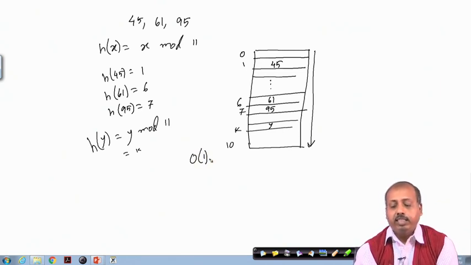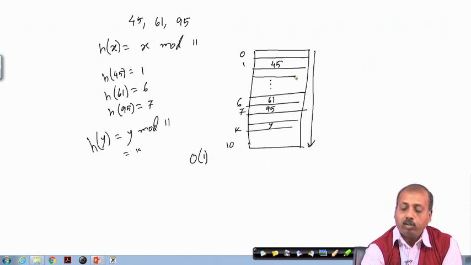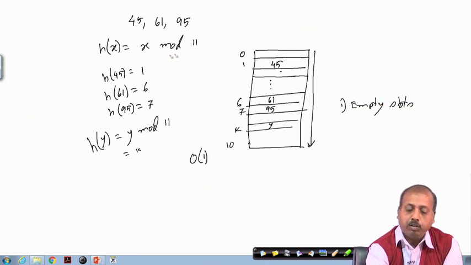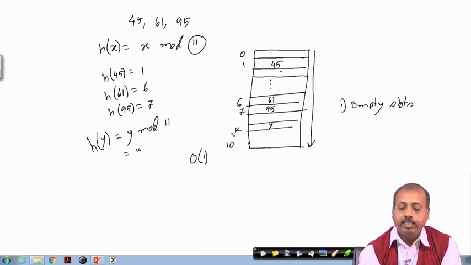However, the difficulty with this type of organization is that there will be many slots which are empty. So, in between there may be many empty slots. That is one problem. The first problem is empty slots, because depending upon the mod value that we have got, I will get table indices in that range, and many of the entries may not have corresponding values there.